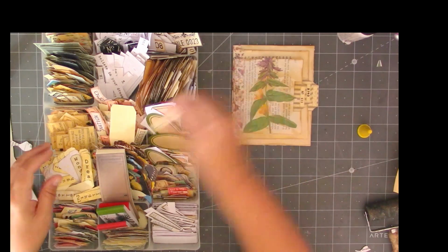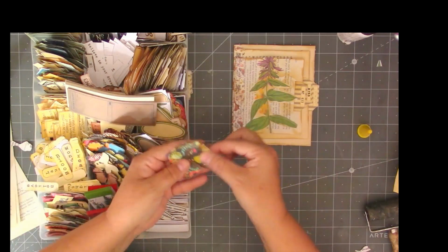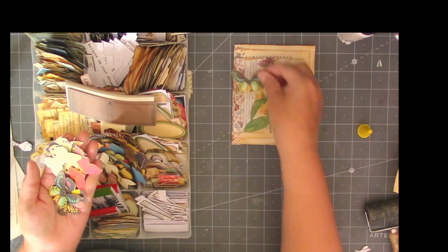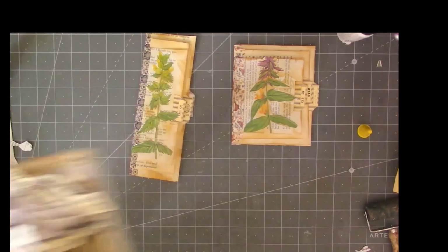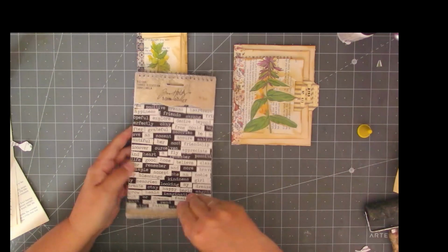I think maybe I might put a little butterfly on. Let's have a look what colour butterflies we've got here. These are just little ones I've got on my desk. Well, not on my desk, but no, I don't want to put a butterfly on these. I think it'll just take over it. Let's get my other little words out, my little Tim Holtz ones, and let's see if there's something we can just put on the front of the